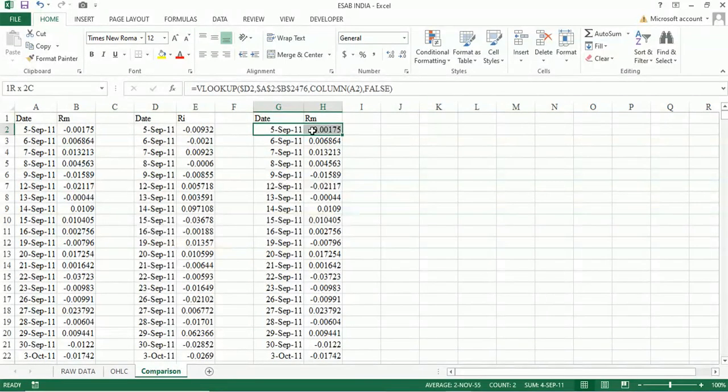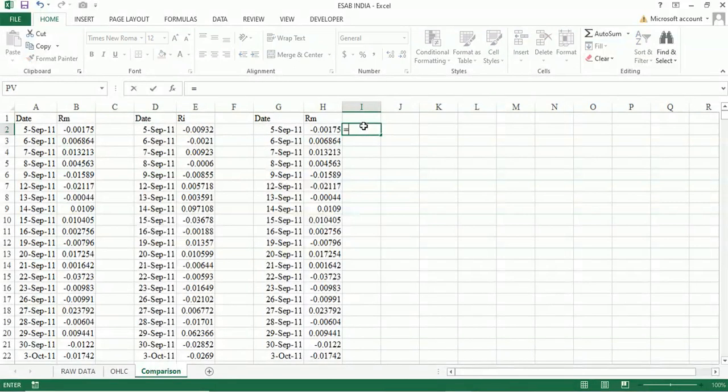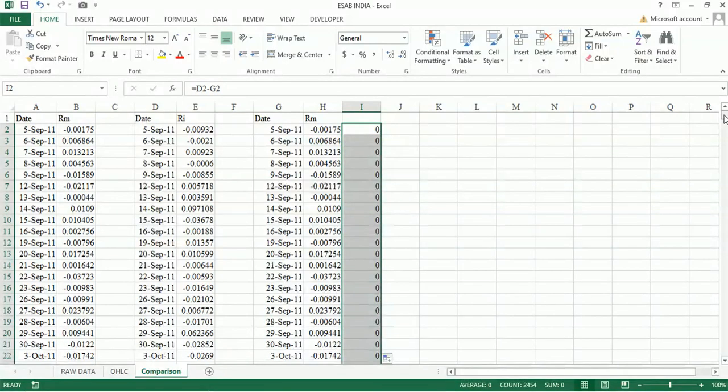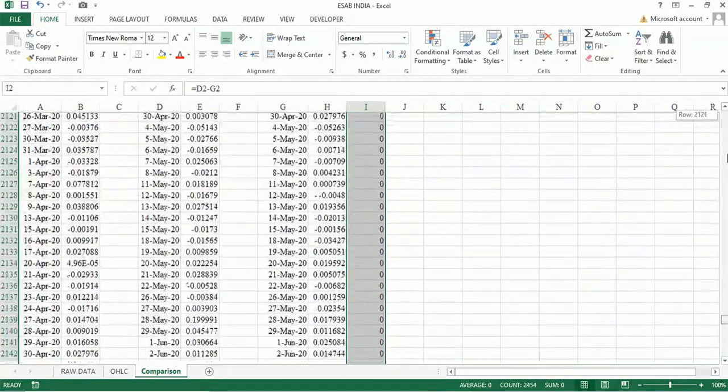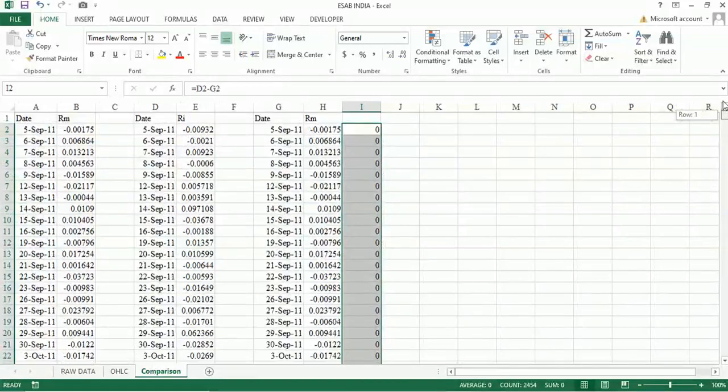You can cross verify that these two dates are the same. We can put a formula, equal to this date minus this date, which should be 0. If the dates are the same, you will get 0 everywhere, so all the dates are matched now. So I will delete this.